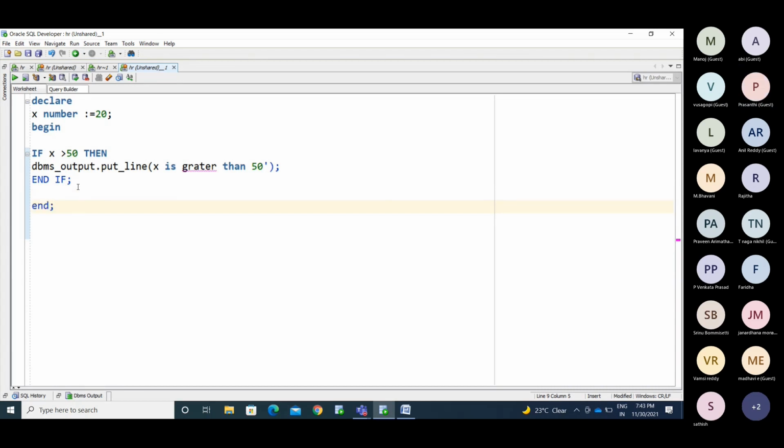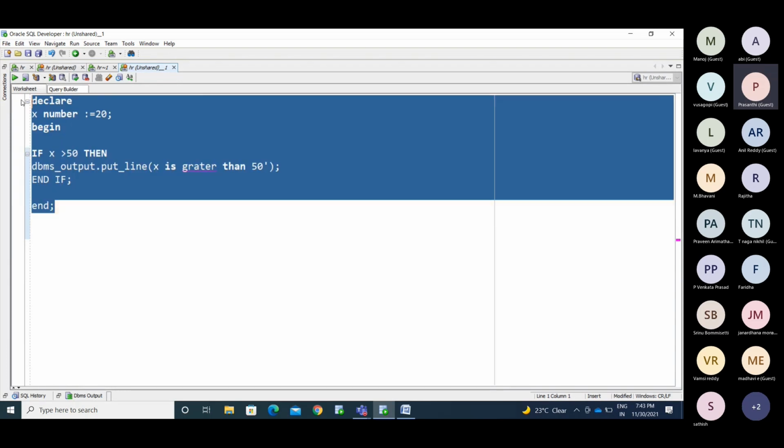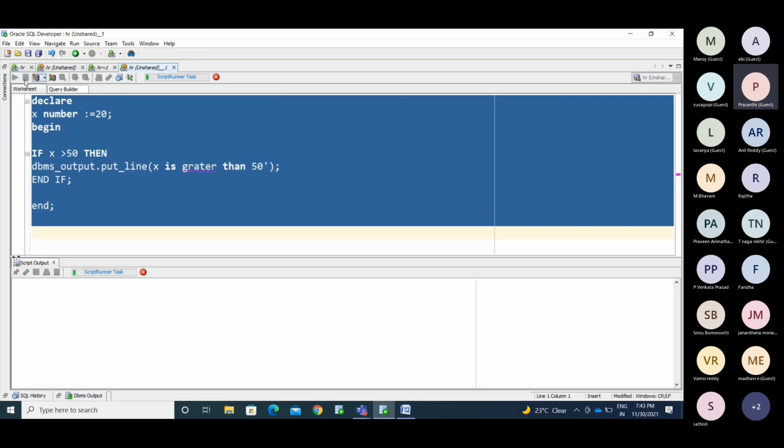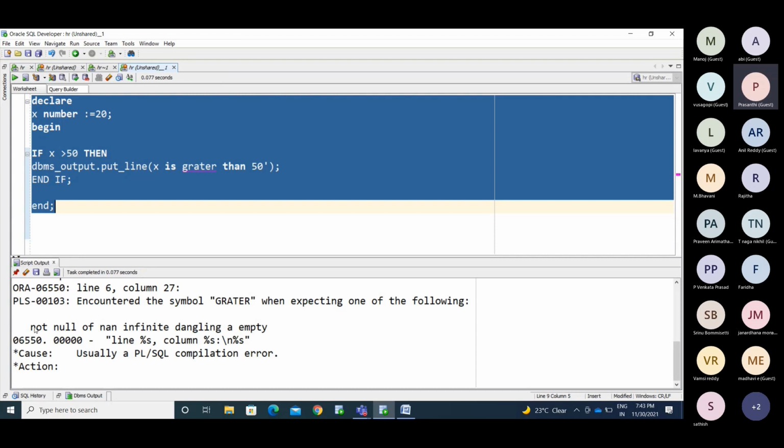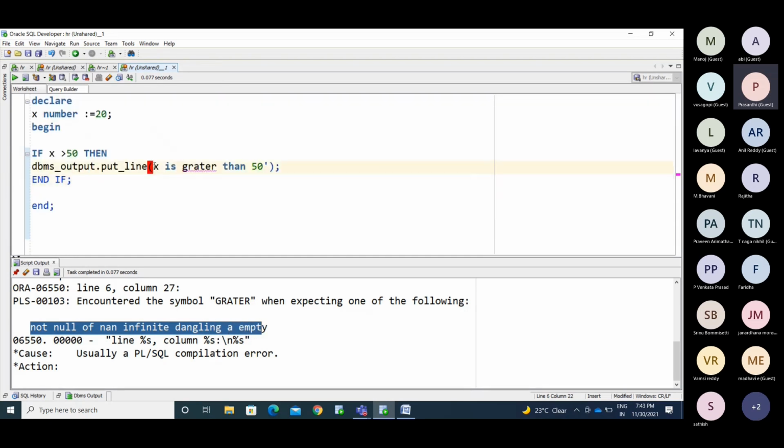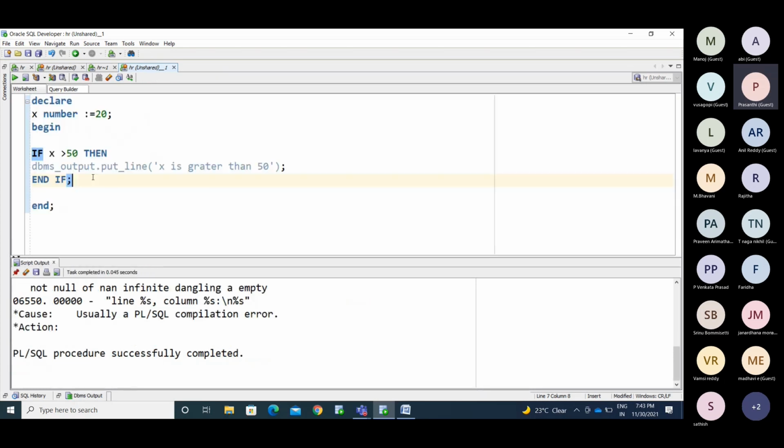So end. Now, whatever I am mentioning in the DBMS_OUTPUT needs to be in a single code.